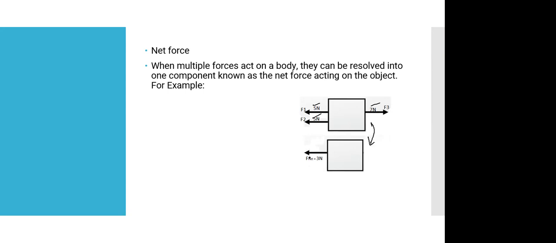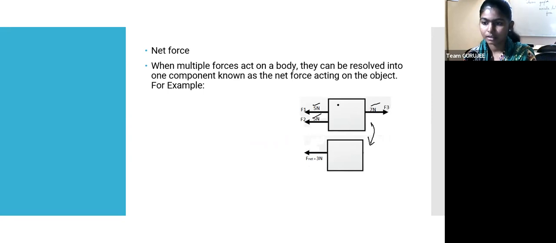Ma'am, they added the forces on the same side and subtracted from the other side. Correct. So they have added them. When balanced forces are there, they won't create any movement. The excessive force is what is responsible for the movement. As you see here, 10 Newton force is being applied through different materials. Let's say this is one person, this is one person. So through two objects, two kinds of forces are coming, with a total of 10 Newton force.